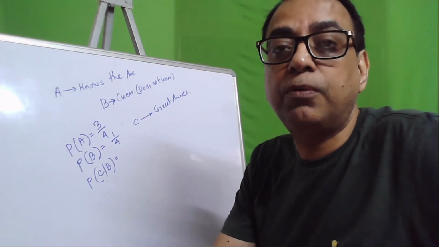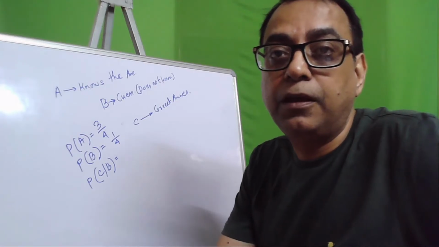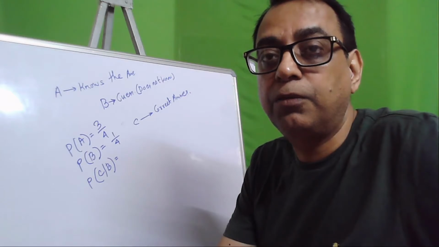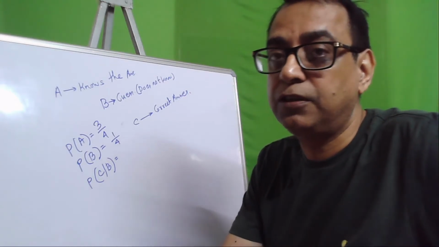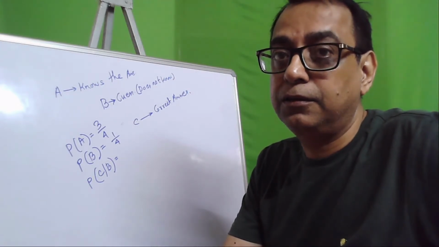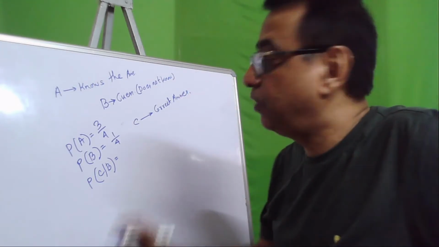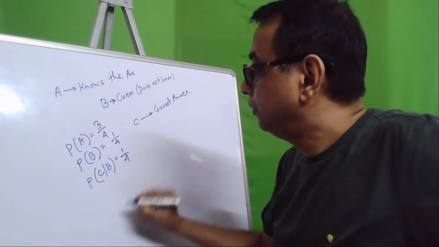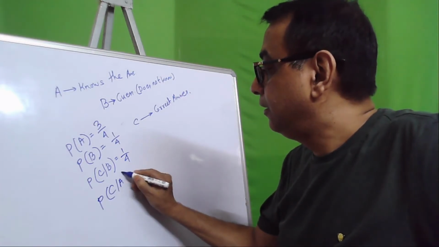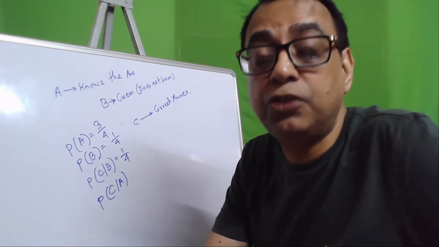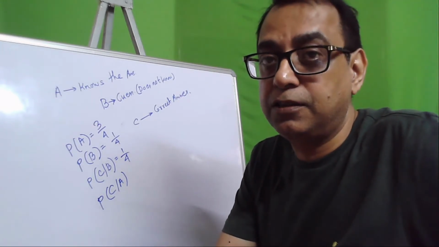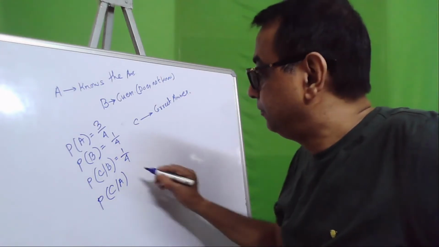Now given is the probability of C given B, that is the answer is correct given that he guesses the question. That is, he does not know the answer, he guesses the question but the answer somehow gets corrected, so that is 1 by 4. Now what is P(C given A)? That means the probability that the answer is correct given that he knows the answer, it will be 1.